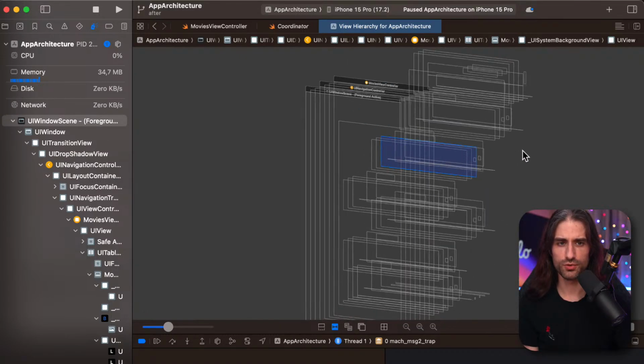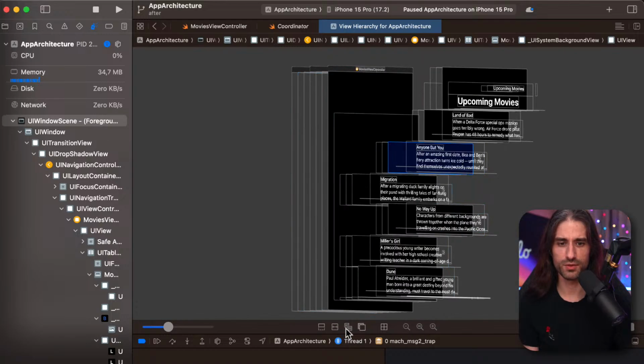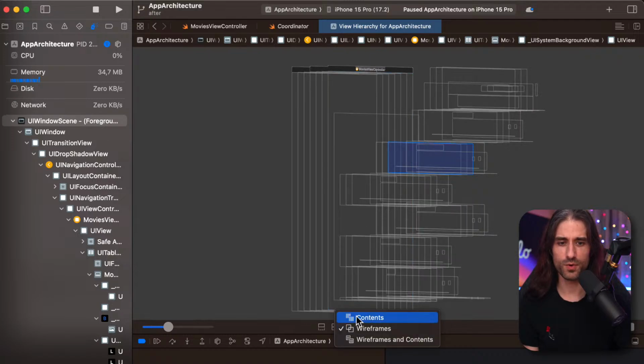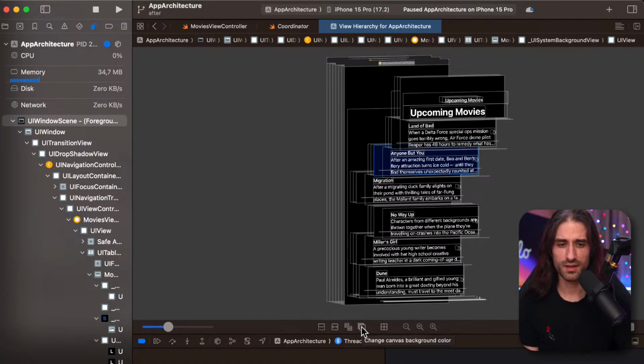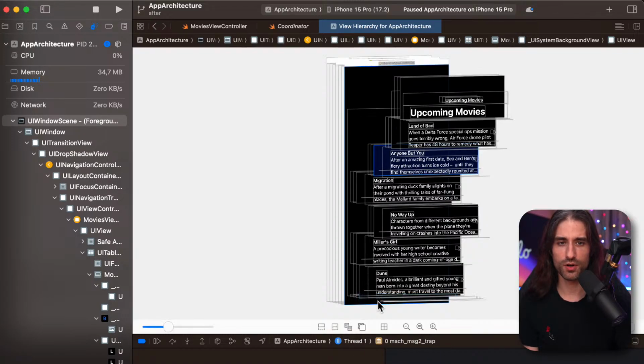I guess it only shows the constraints that are applied and it masks the content. What does this one do? So we have wireframes. Okay, you can also just show the content if you want. Oh, that's nice.